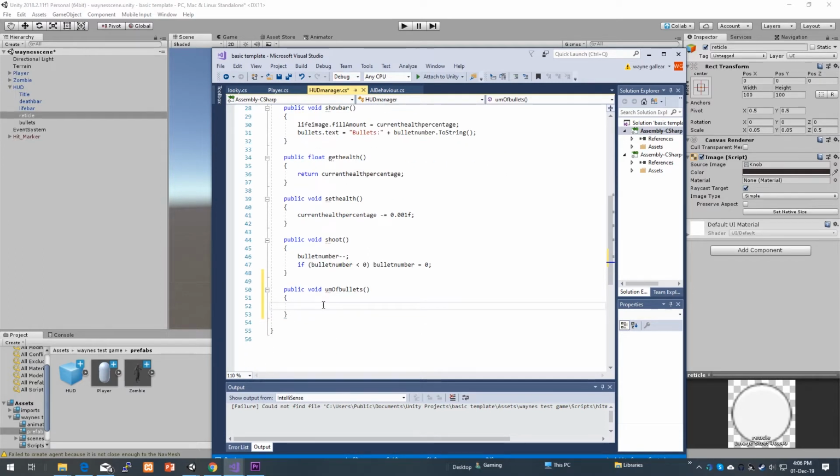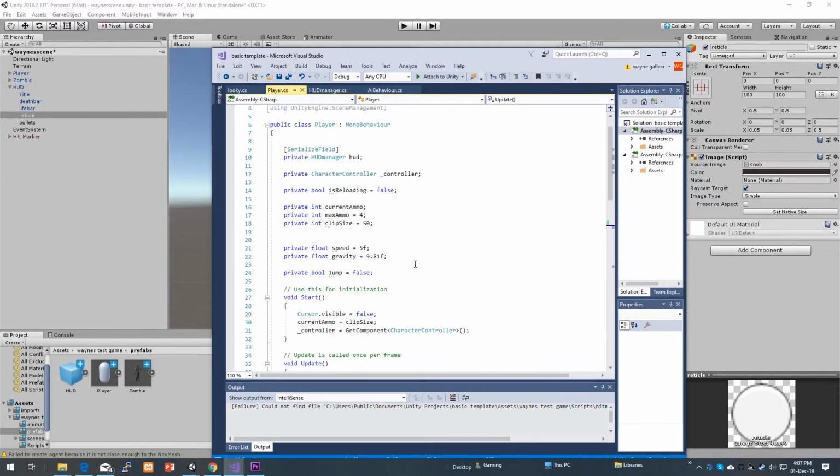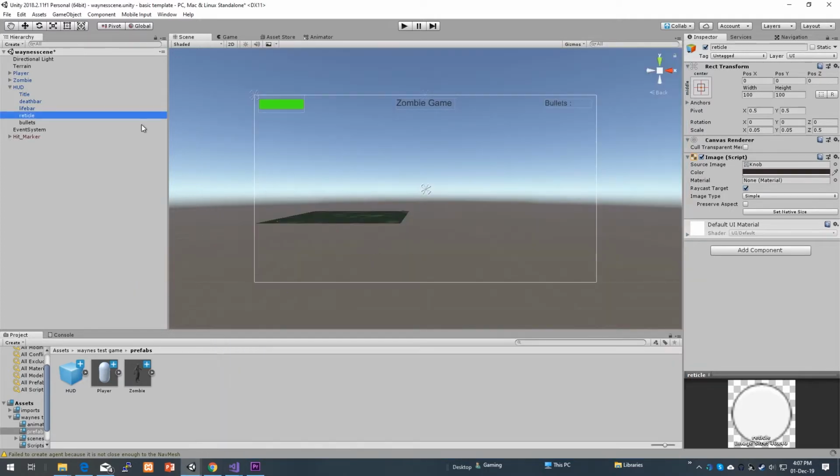I'm going to put the word num there. It's going to return bullet number. We're going to return that fact. So that will return the number of bullets. We're going to need that later. Public int. That'd be a good idea because we're returning an int. So that should return this bullet number. Awesome. So now in the player script here, what we need is we're going to be firing out